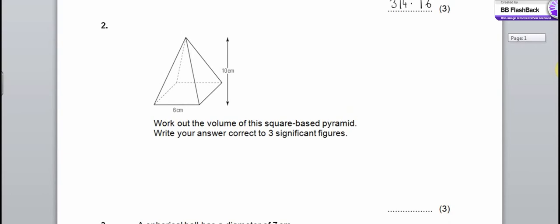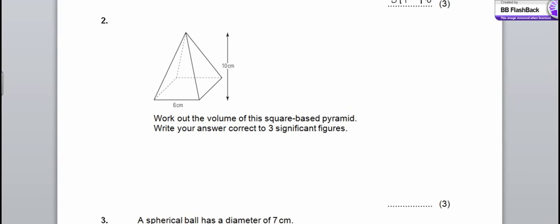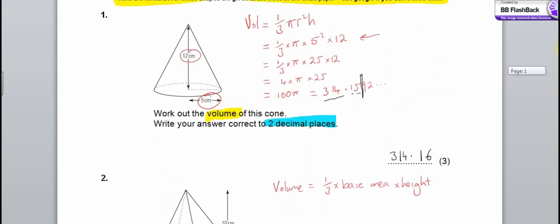Okay, question number 2. So another pyramid, this time it's a square-based pyramid. So the volume of a square-based pyramid is a general version of the formula we've just used. So it's a third of the base area times the height. And it's worth just going back and having a look at the previous formula just to compare it,